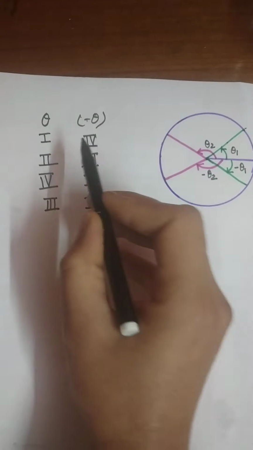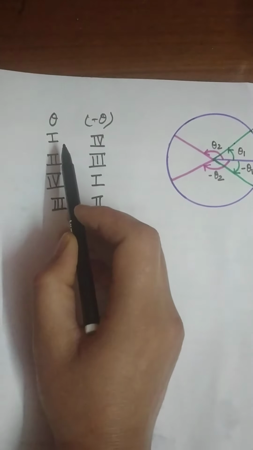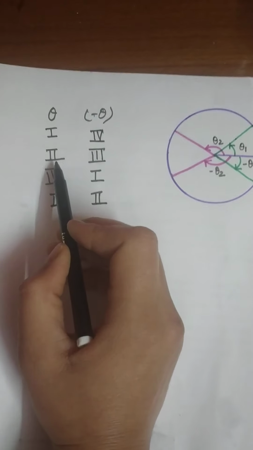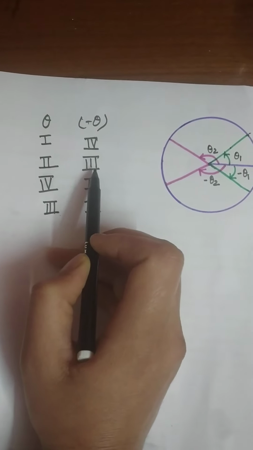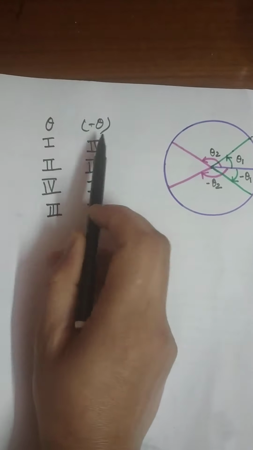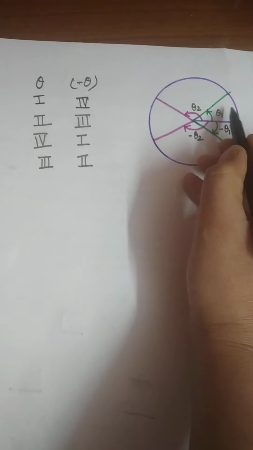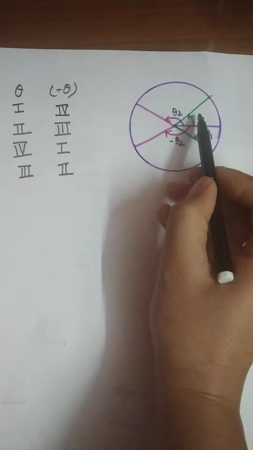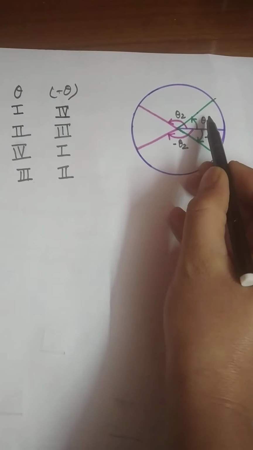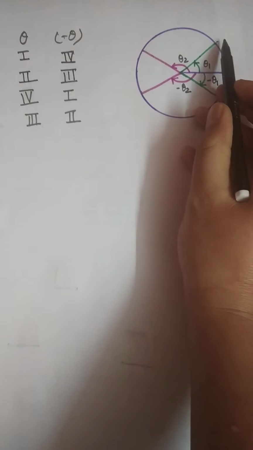So, theta and minus theta, these two angles which are same in magnitude but opposite in direction, either belong to 1 and 4 or 2 and 3. They will never be like theta is belonging to first and minus theta is third. Then those angles are not same. Now, one more thing, suppose take one case. In fact, I have proved this in the first video. These two, as they lie in the first and fourth quadrant, let us focus on their coordinates.